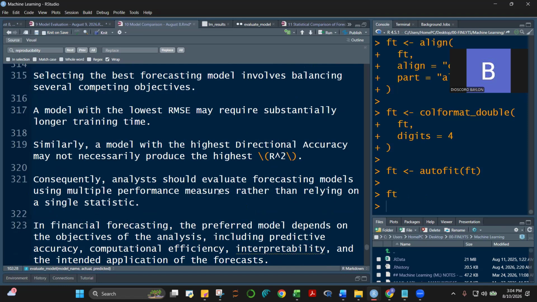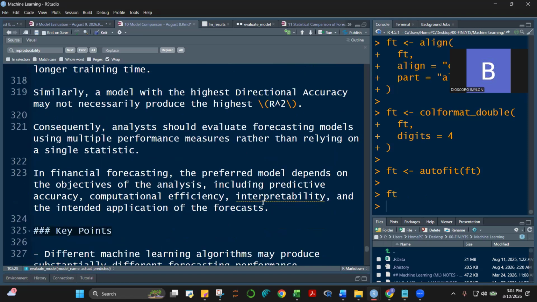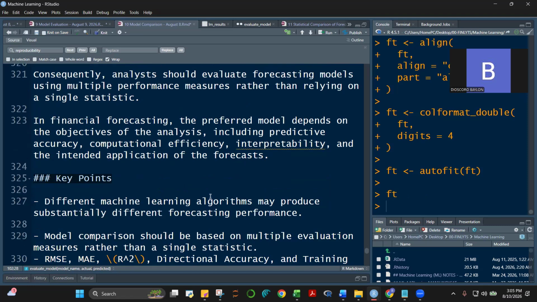Consequently, analysts should evaluate forecasting models using multiple performance measures rather than relying on a single statistic. Sa financial forecasting, the preferred model depends on the objectives of the analysis. Kasi pwedeng kunyari, yung RMSE, mas maganda si random forest. Pero dun sa R squared, mas maganda si XGBoost. Ngayon, ang tanong, ano yung pipiliin doon?